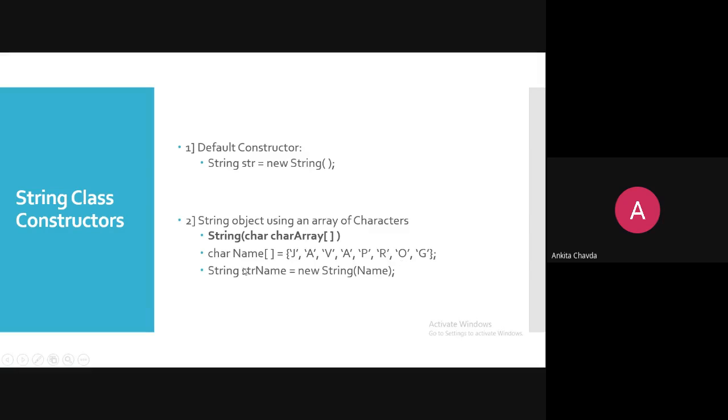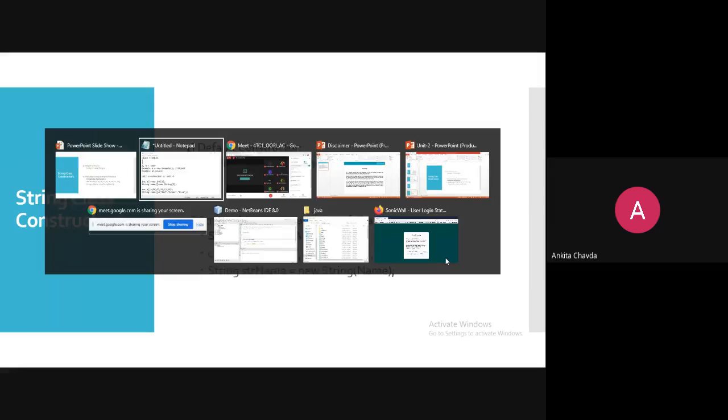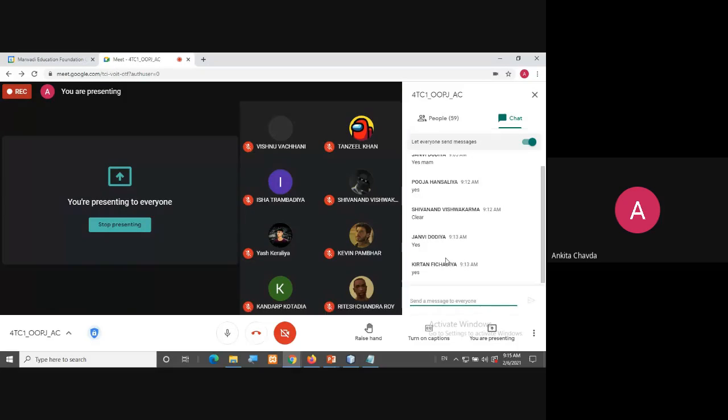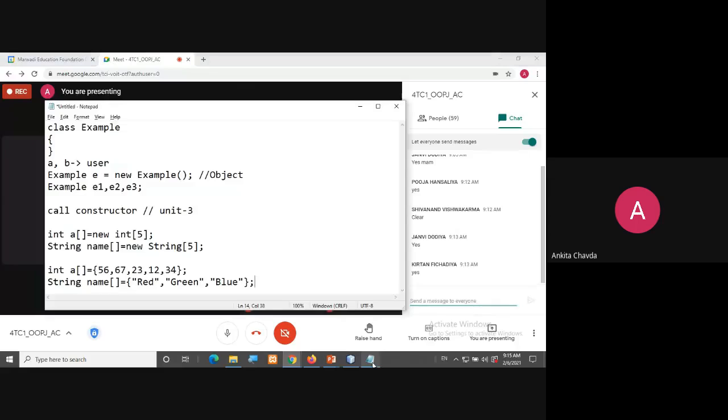Then you create one new object, String str equals new String, and you can pass this character array inside it. It will create a whole string, Java prog, instead of single characters, because a string is nothing but a collection of different characters.